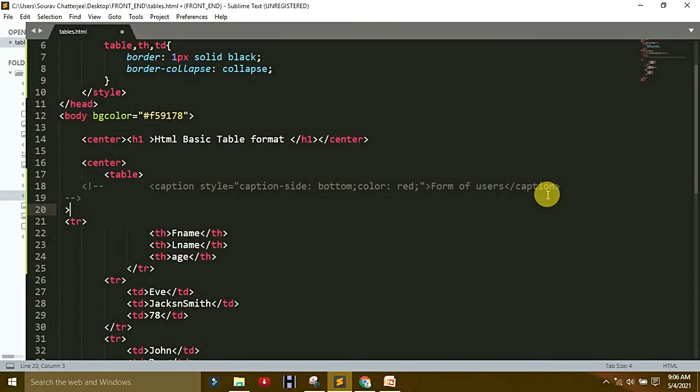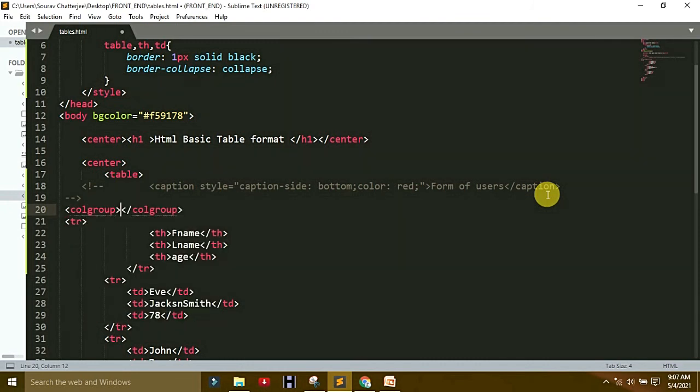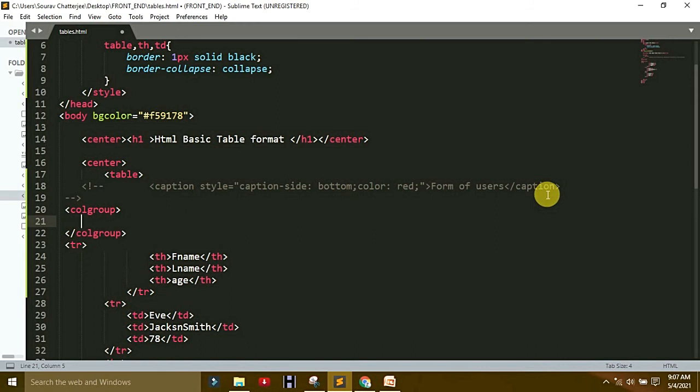What I write: make a column group, COLGROUP. After colgroup, what I write is COL. After col, span 2. Span means some space.